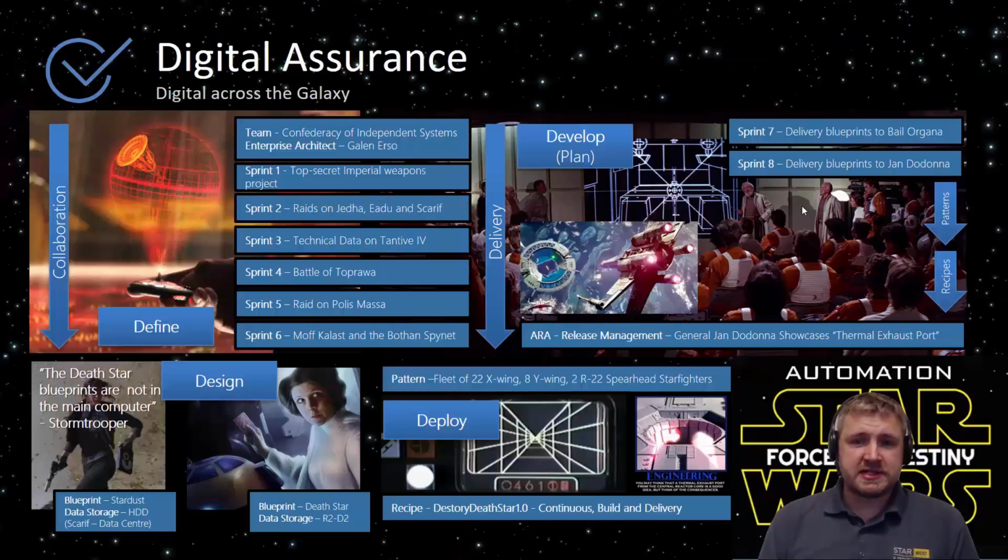Equally, as a bit of fun, to give you an idea of how complex these large-scale delivery programs are, I give you a bit more understanding of how it goes from a particular enterprise architect coming up with the blueprints, all the way through to obtaining the blueprints, and then looking at how they then develop and design and deploy, and then we know the result of what happens in the end.